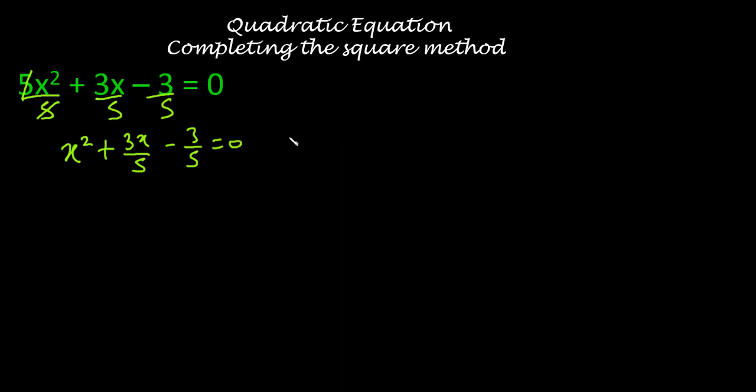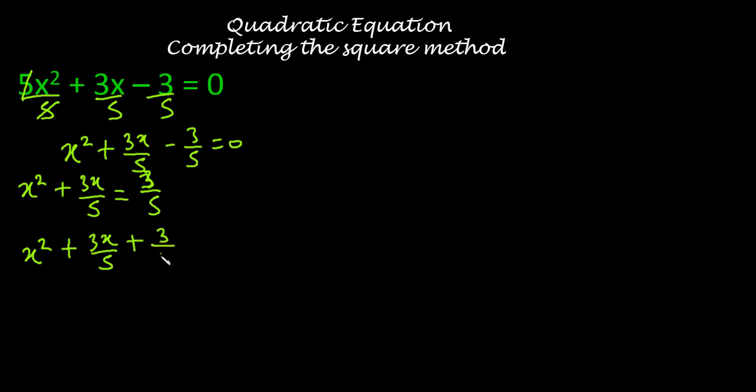So we take minus 3 over 5 to the other side, so we have x squared plus 3x over 5 is equal to 3 over 5. Now after doing this, we make this a perfect square by saying x squared plus 3x over 5 plus